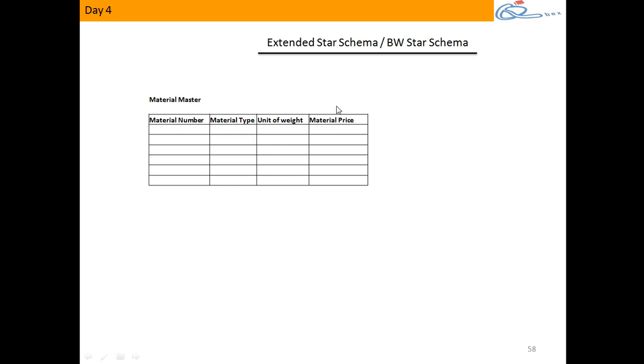Next column, I want material price. What type of info object is this? Key figure. Right? So I'll create 3 characteristic info objects: material number, material type and unit. And then one key figure, price. Once those 4 info objects are ready, I'll start grouping them to create the material master data attribute table. That's the concept. Now, when I create these 4 info objects, how many SID tables will it create in the backend? 3. One SID table for material number, one for material type, one for unit, and price will not have a SID table because it's a key figure.